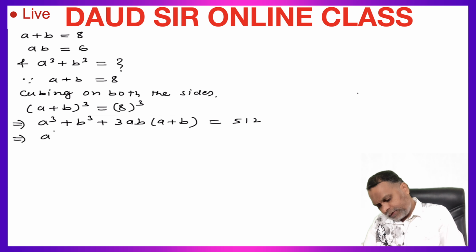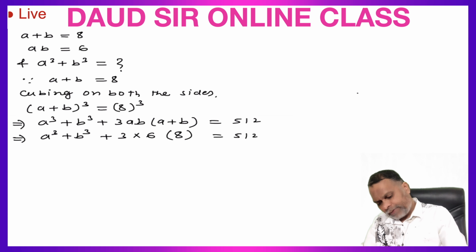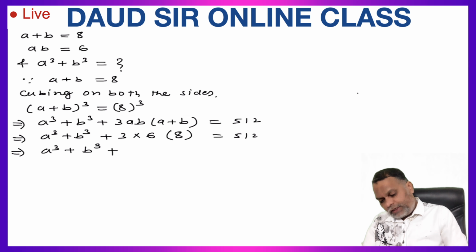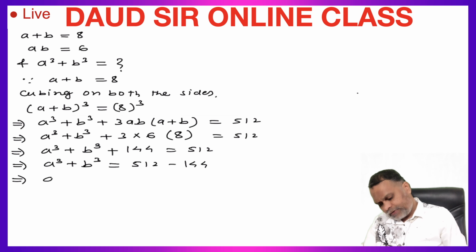a cube plus b cube as it is plus 3 into the value of ab, which is given as 6, put 6, into a plus b, which is given as 8, put 8, is equal to 512, which implies a cube plus b cube plus 3 into 6 is 18, 18 into 8 is 144, is equal to 512. Shift this 144 to that side. A cube plus b cube is equal to 512 minus 144,